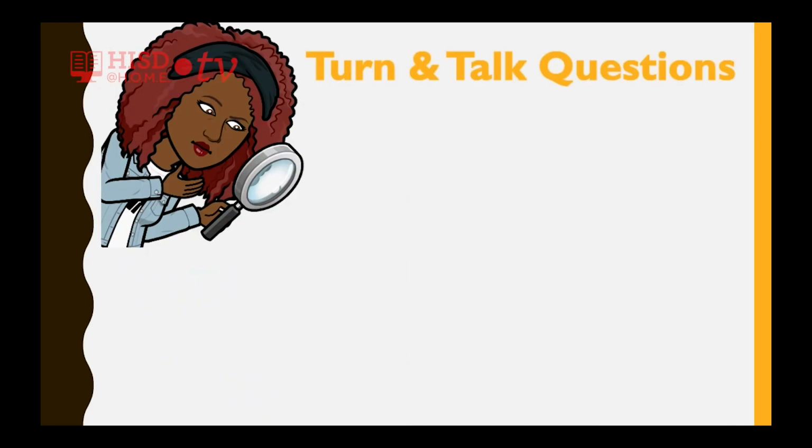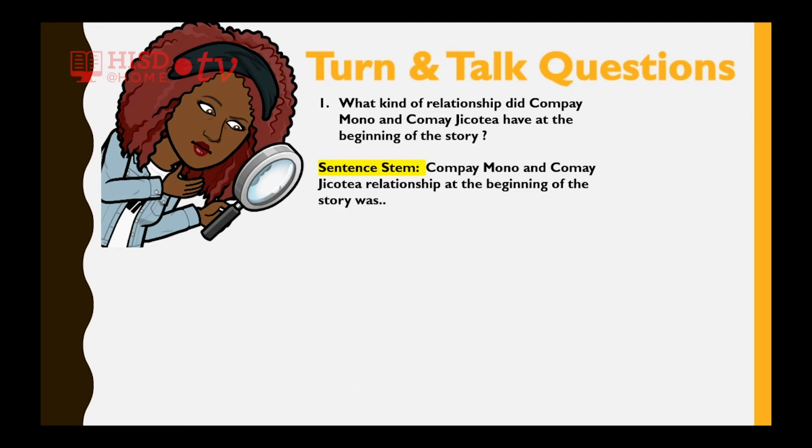Here are some turn and talk questions. Number one. What kind of relationship did Kompe Mono and Komo Jikatia have at the beginning of the story? I want you to answer that using the following sentence stem. Kompe Mono and Komo Jikatia's relationship at the beginning of the story was